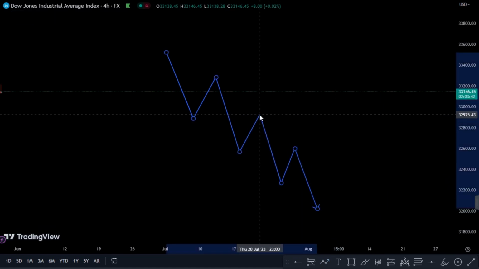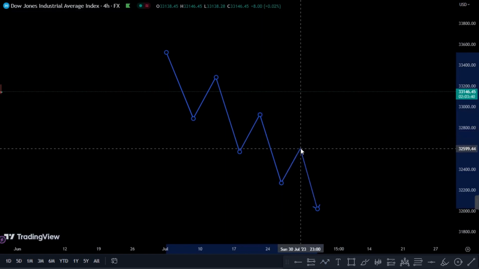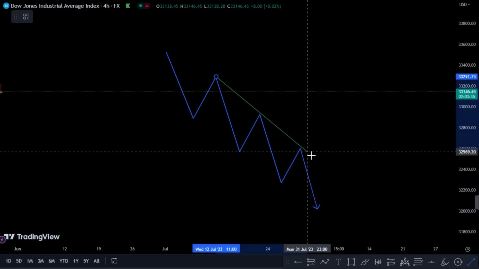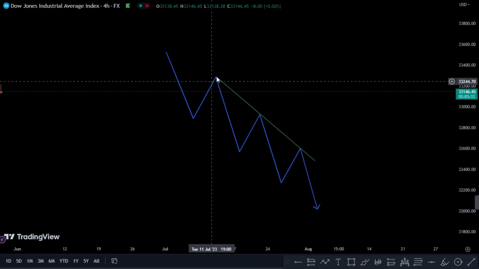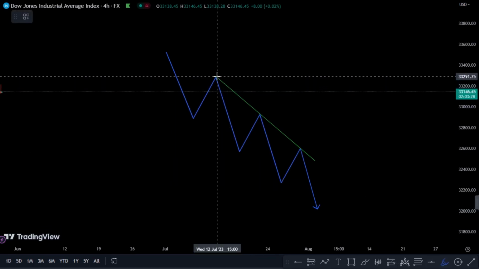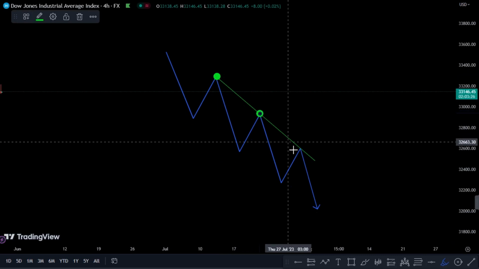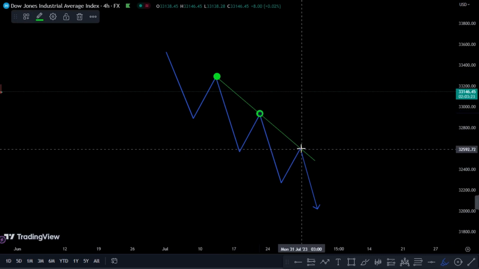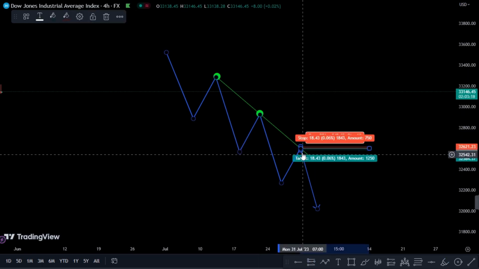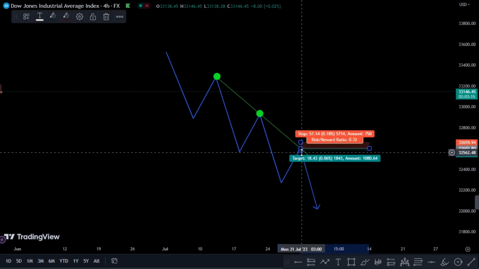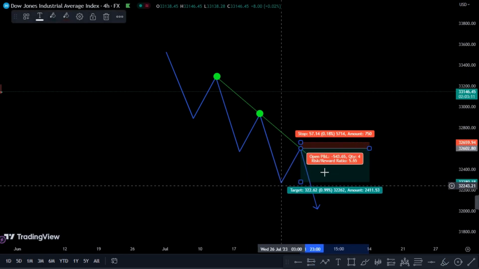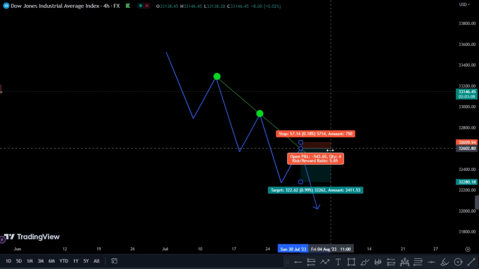And just like I said, we need a minimum of 2 touches in order for us to consider this a valid trend line. Okay, and the more drastic the move away from the trend line is, the higher the quality of the trade is going to be. And then this would be our third touch here, where we would anticipate a short here, and then we are trading along the trend, and then this area here, which is our lowest low, that will be our take profit